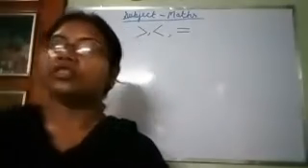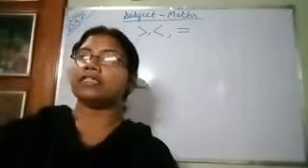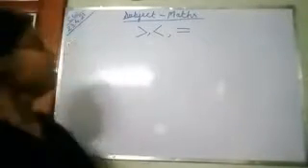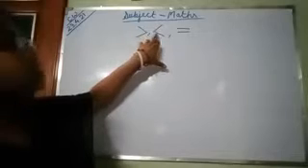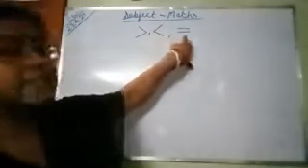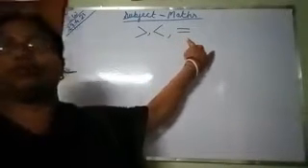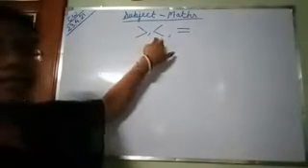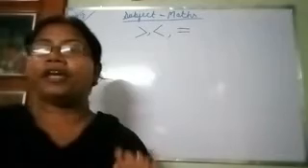Good morning, students. Today I am going to revise greater than, less than and equals to. See, this is greater than, this is less than and this is the sign of equals to. Once again you see, this is greater than, this is less than and this is the sign of equals to.